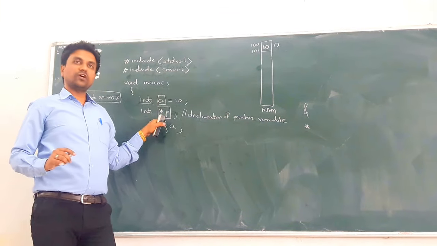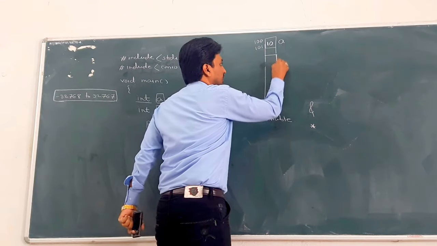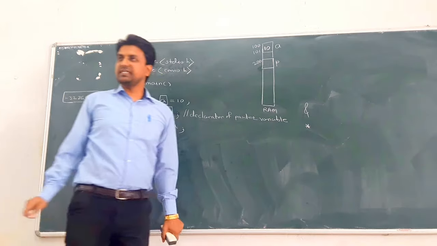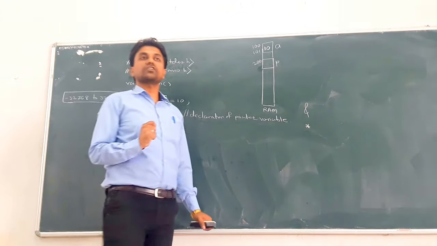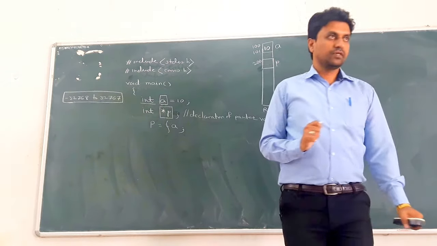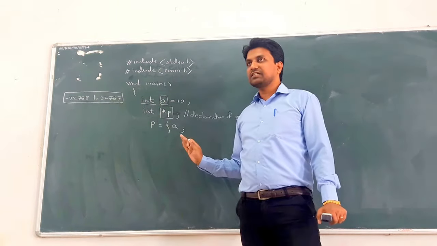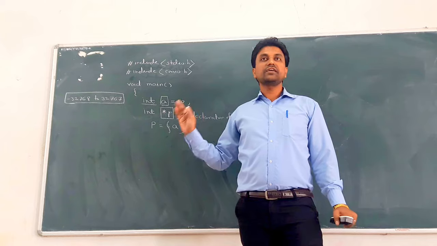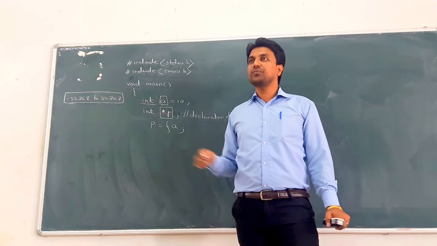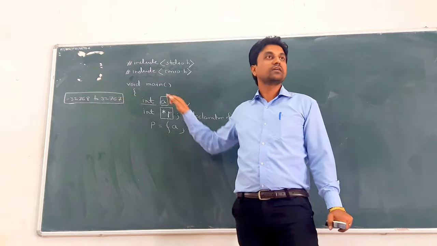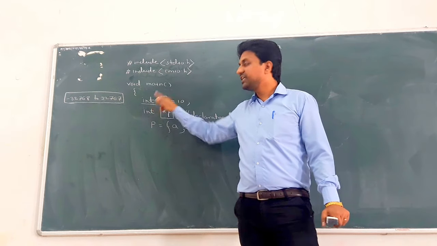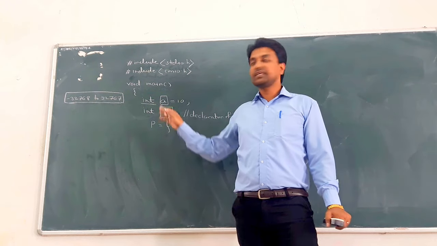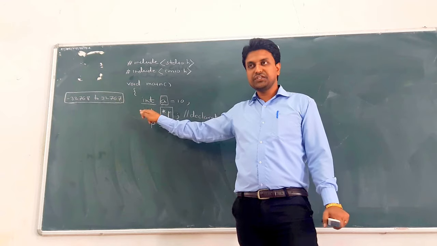Second, memory management for p. For p, memory gets reserved. Suppose the address of p is 200, that is the base address. Now how many bytes are reserved for the pointer type of variable? First, for an integer value variable, how many bytes are reserved? 2 bytes, if it is a traditional C compiler. If it is an ANSI C compiler, actually it is 64 bit. If a 64-bit compiler is there, then for integer it reserves 4 bytes, and if it is a 32-bit system, then it reserves 2 bytes for the integer data type.